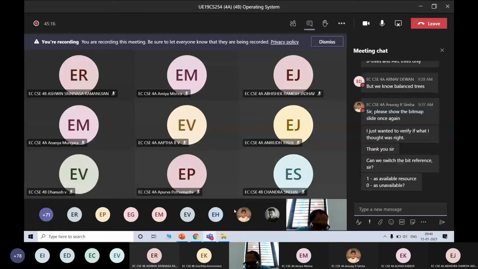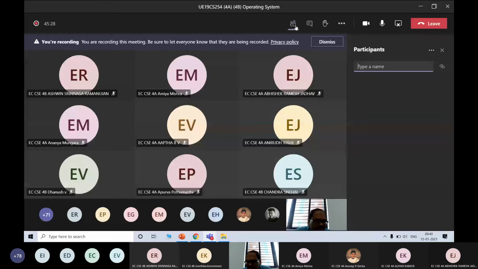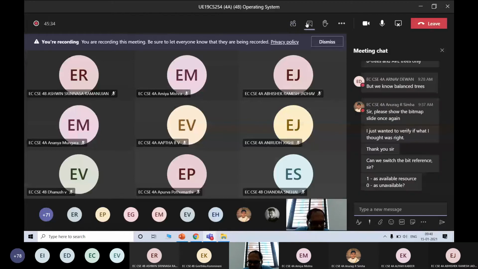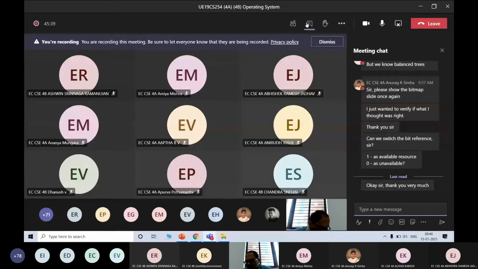Yeah, that is your convention. That's what I told. No, in this example, I assumed it like this, but you can always make your own assumption. It has to be consistent throughout. That's the only requirement. So everywhere you need to refer to it in the same way. So you can toggle the meaning of those particular bits, and accordingly you have to write the code.